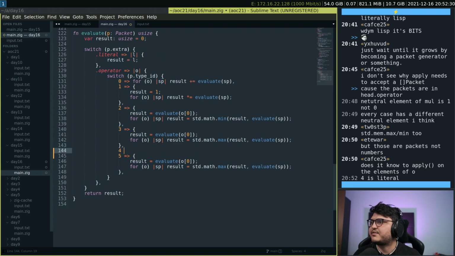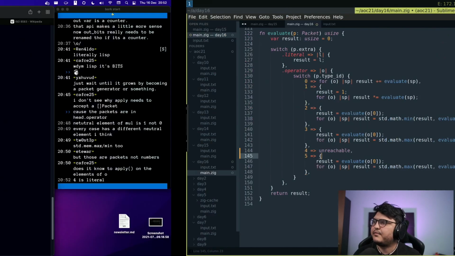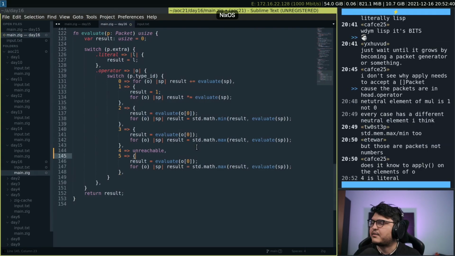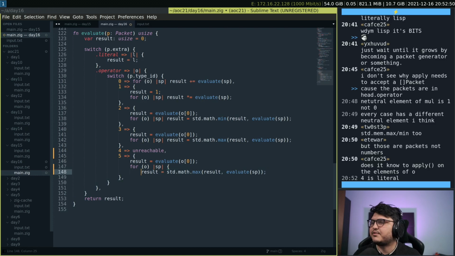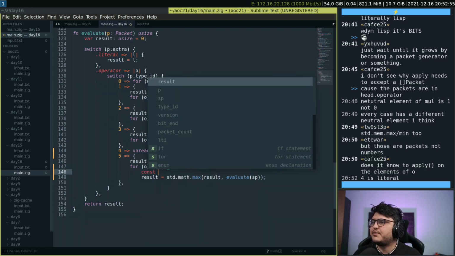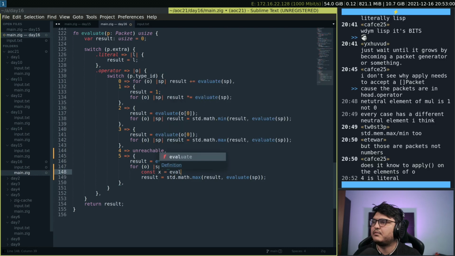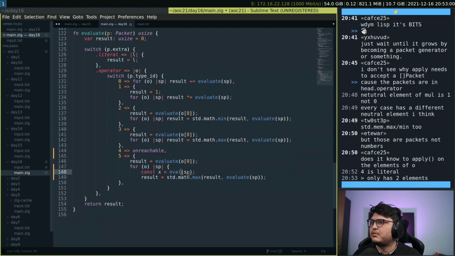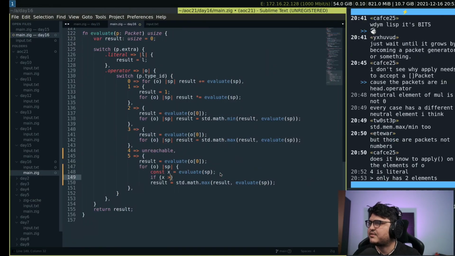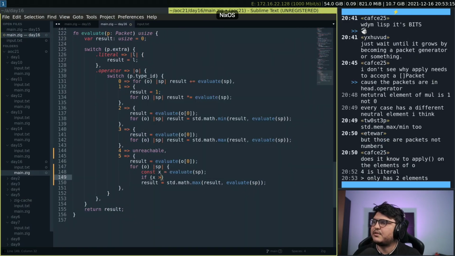We can say it like this: 4 unreachable. 5 is greater than. So we start with the first element, and for each element, well, for each element we need to assign stuff. Const x is eval of p, and if x is greater than result,